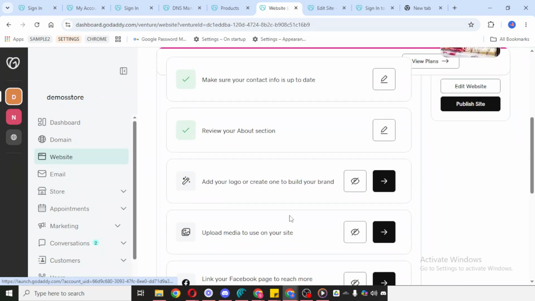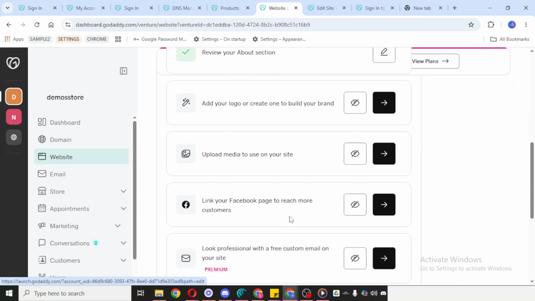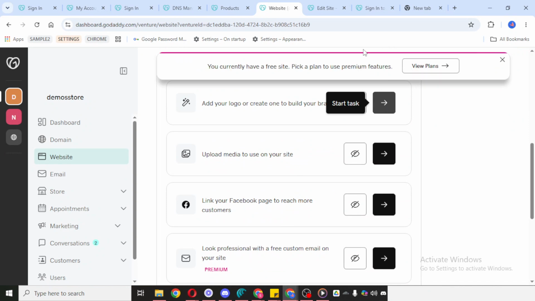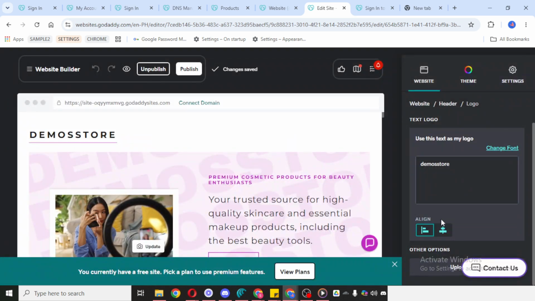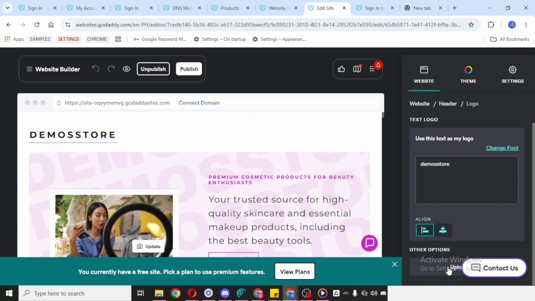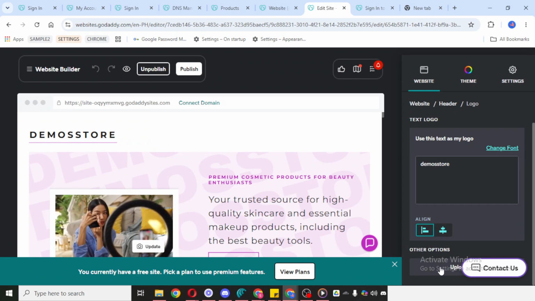You should then see an option to upload a logo. Go ahead and click Upload Logo, and then browse your device to find the logo file you want to use. When locating your file, it's a good idea to choose the final official version of your logo, so your website matches your branding everywhere else. If possible, use a clear, high-quality image so it looks sharp on both desktop and mobile screens. Once you find the correct file, select it and let GoDaddy upload it.